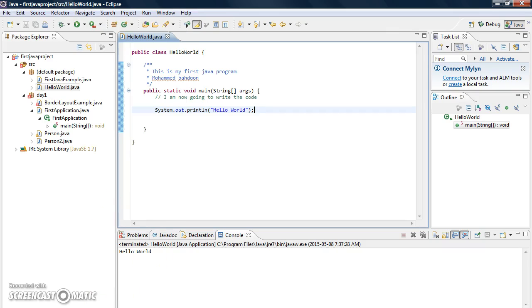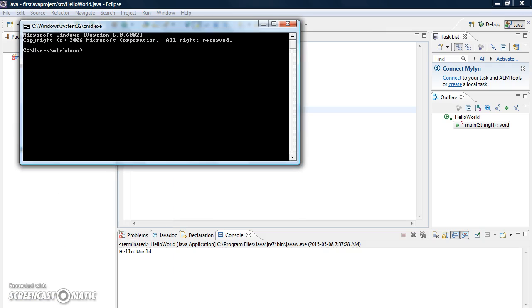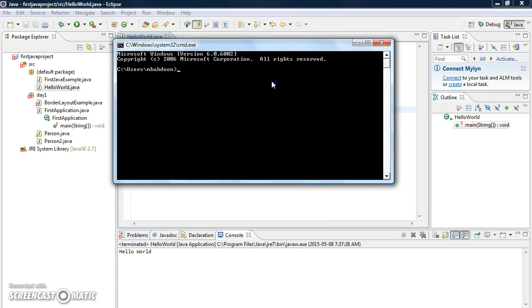Okay, so everything looks okay. Now we're going to open the command prompt, cmd. Now I have to go to the folder where I saved my Java program. So I'm going to say cd, I believe I have Eclipse workspace.